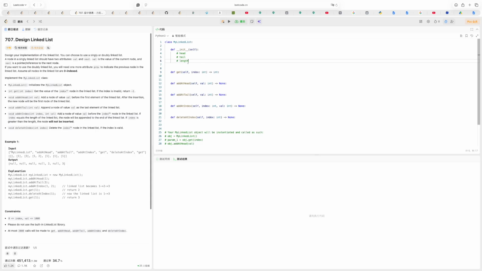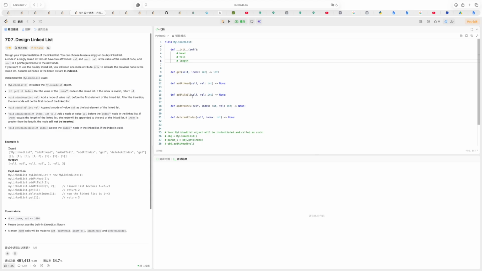So for length, then I can quickly know if the index for add at index or delete at index is valid or not. And for head and tail, I can use them for